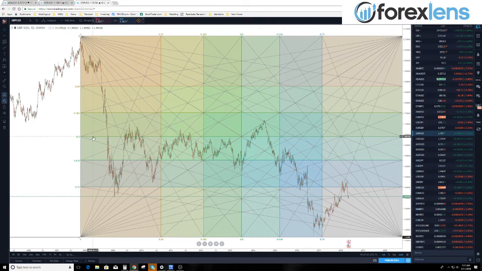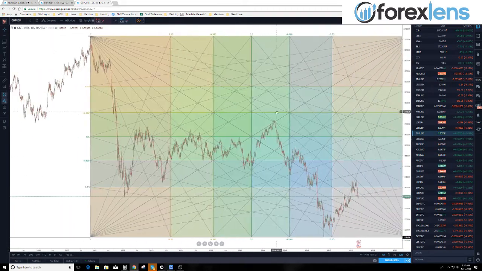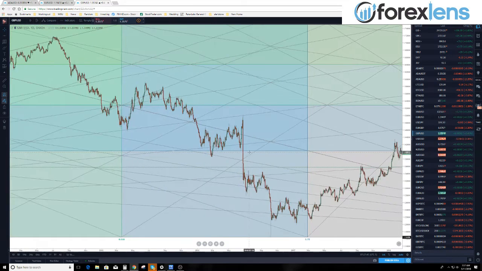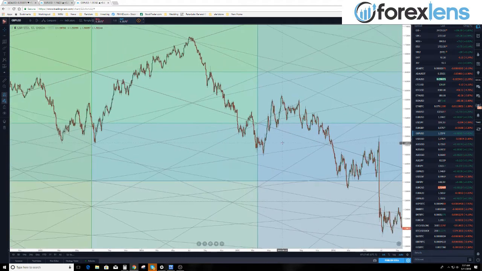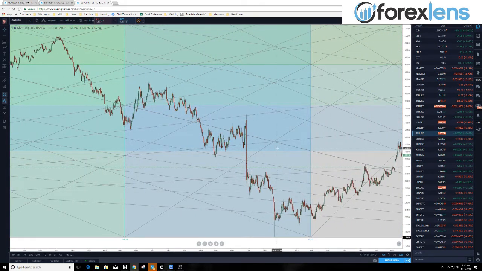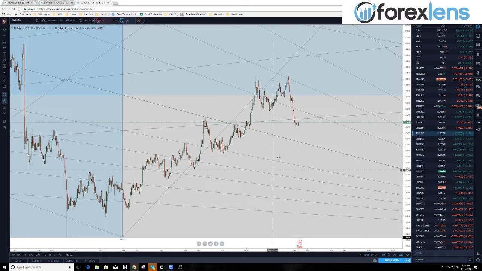one thing I think might help is if we lock it, so that way if we're moving our screen, we can't accidentally move this. If we look at the past price action, we can see how important these zones are in our price activity, and we can see how much price respects these angles. And if we want to apply Gann's law of angles, or rule of angles rather,